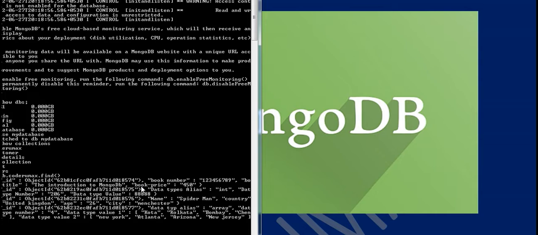How can we insert a record in MongoDB? Suppose db dot collection name dot insert, bracket, then curly braces. Suppose the first column is my book number. Okay, so I don't want to add a book number. I am just using another column. So first is name. Okay, so name is Indian,